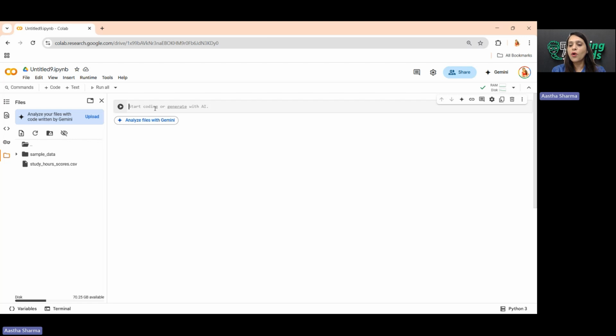We are going to follow all the same steps which we have done in the previous segment. So one by one, the first step we will be doing is to import all the libraries. So let's quickly do that. Import pandas as pd. Second, we are going to import